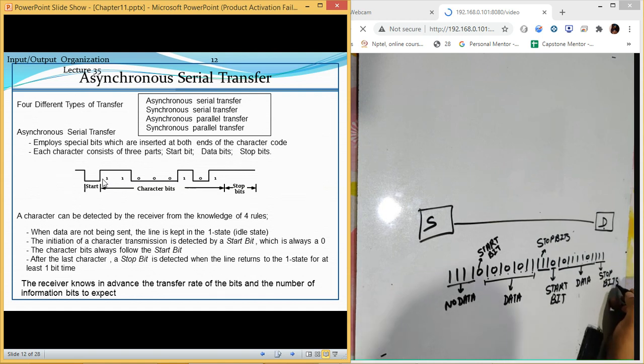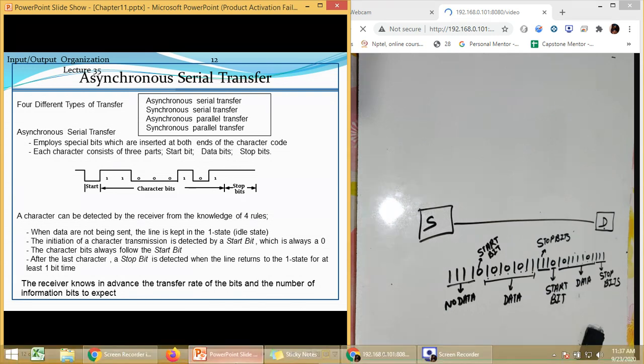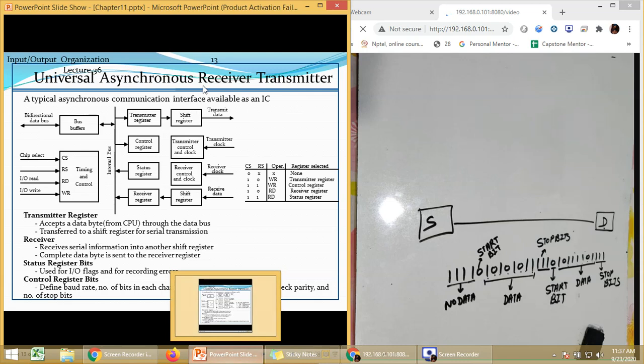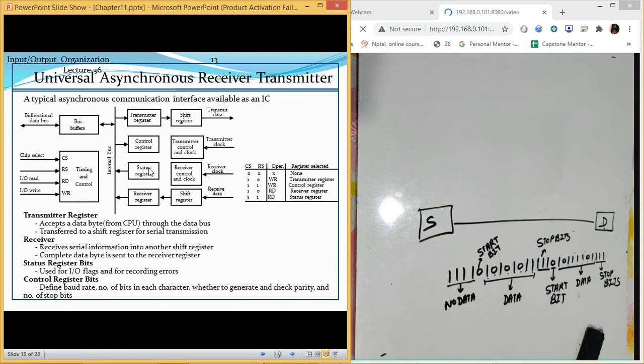This is how you can identify how much data is transferred. Now after this we have UART. This is similar to what we have already done in your interface. It is the same concept, so I will just let you know about it.